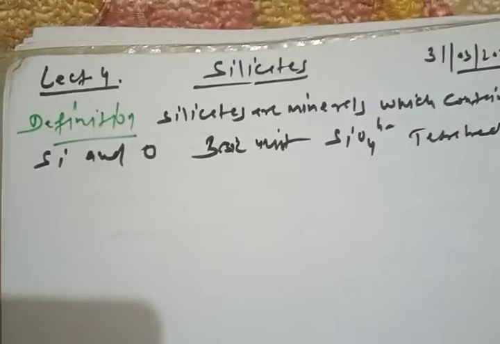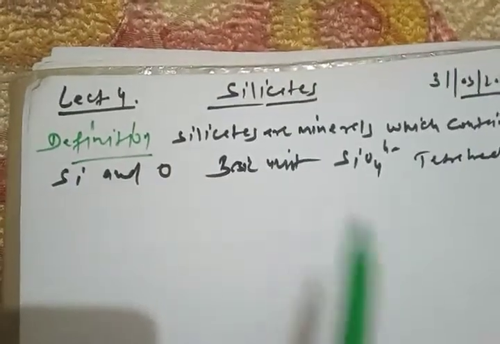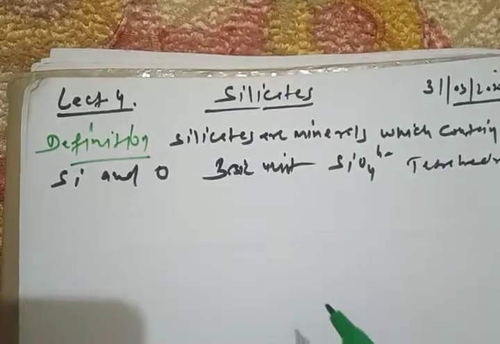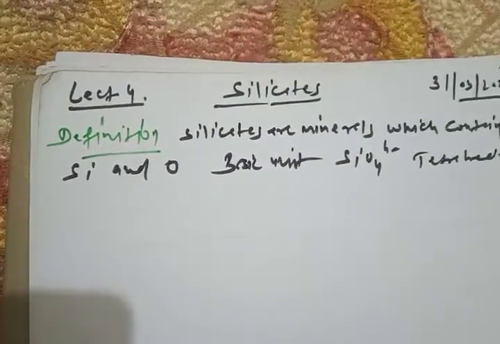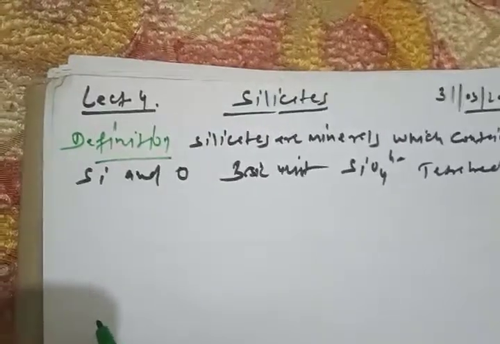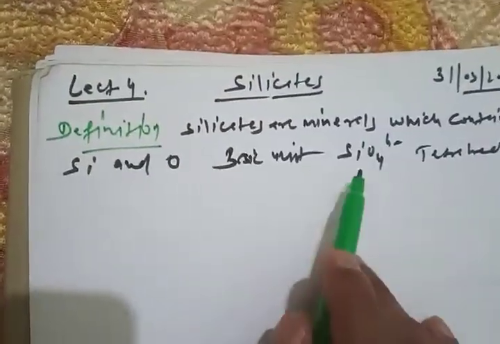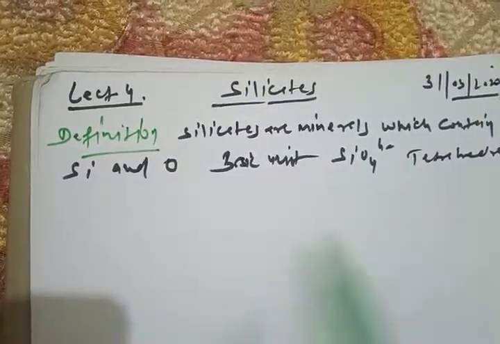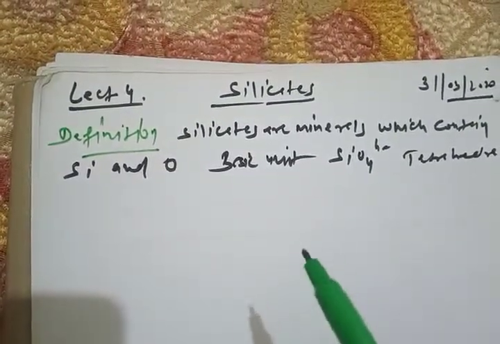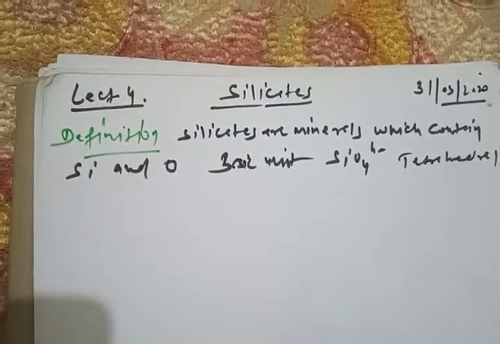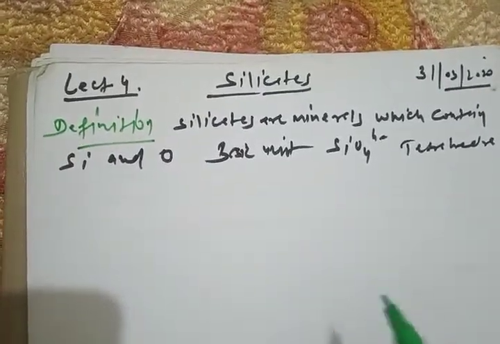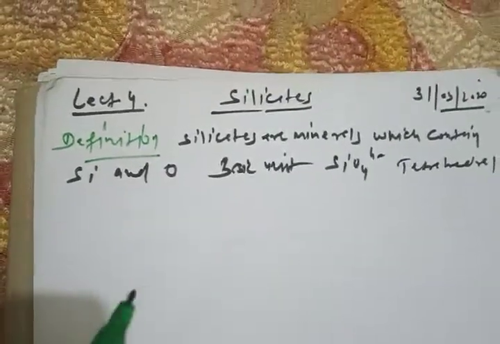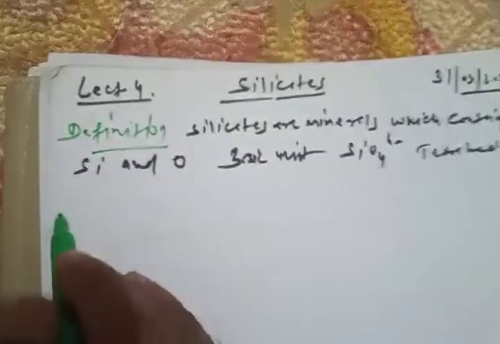Now on the basis of this basic unit, we can classify silicates into different types, which is the important one. The classification of silicates is based on this basic unit, on how this basic unit is available in that particular silicate, whether it is in n number, whether it is in cyclic form, whether it is in linear form, whether it is in three-dimensional form. So this basic unit is actually the backbone for different silicates. Okay, so starting with the